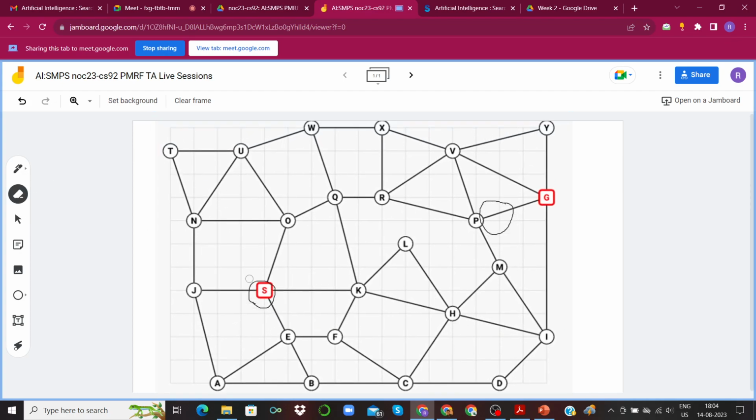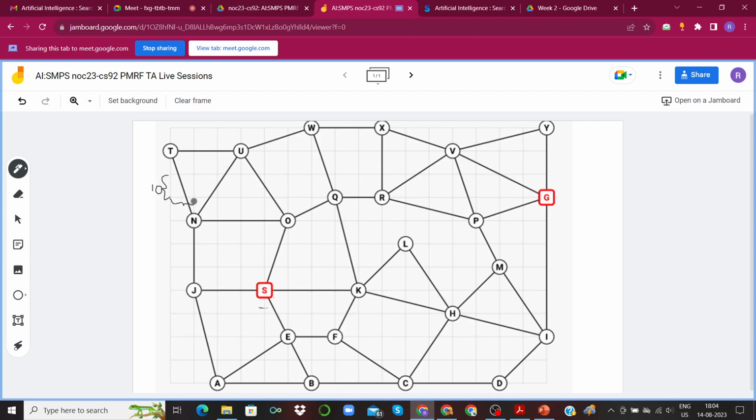Let me erase these marks. Can you see these small, faint lines in the background? We will assume that each of these small boxes in the background has dimensions of 10 units.